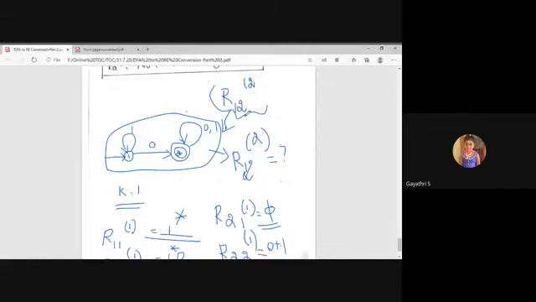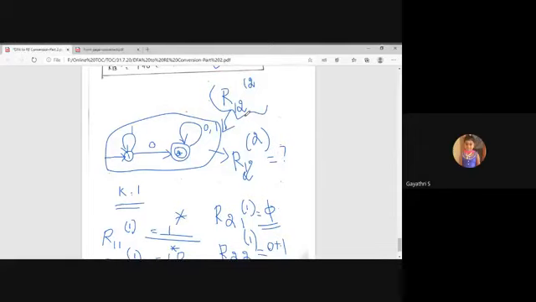This regular expression actually gives the result of the automata. For calculating the R12 of 2 case, you have done some previous steps, basic steps and induction steps, starting with k equal to 0, k equal to 1. Since the number of states is 2, k is always 0, 1, 2. So what's the last step? k equal to 2. In k equal to 2, actually 4 cases are possible, but there is no need to do all of them. R12 of 2 is enough, because this regular expression gives the value of this automata. So R12 of 2 is the regular expression of this automata. Got it? Almost, the Rij problem is over.